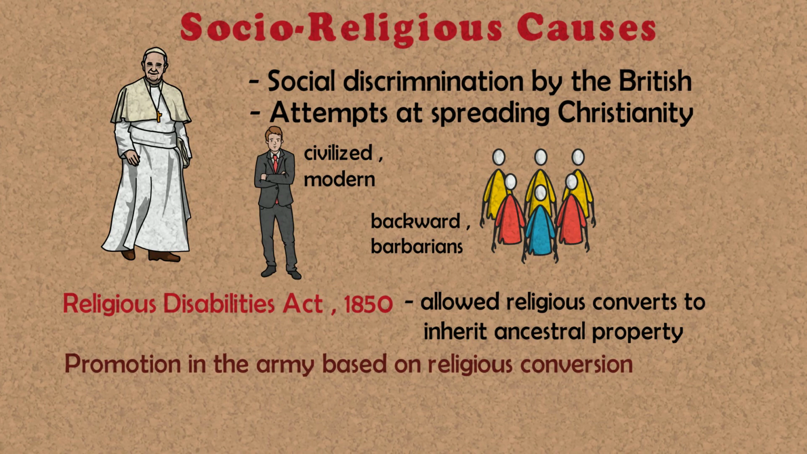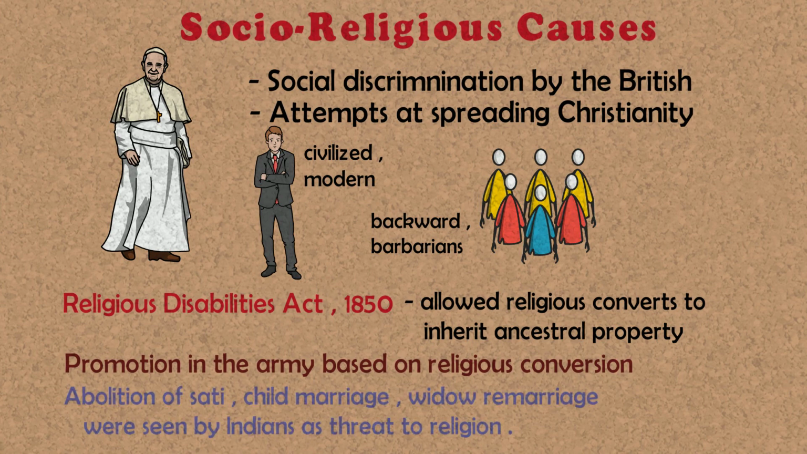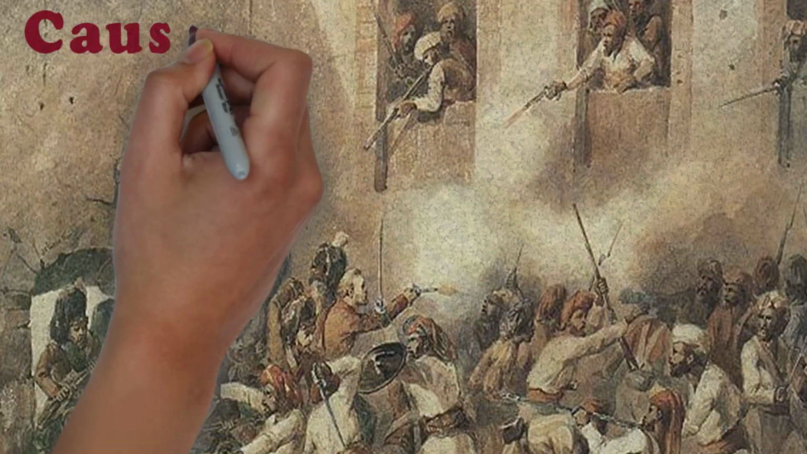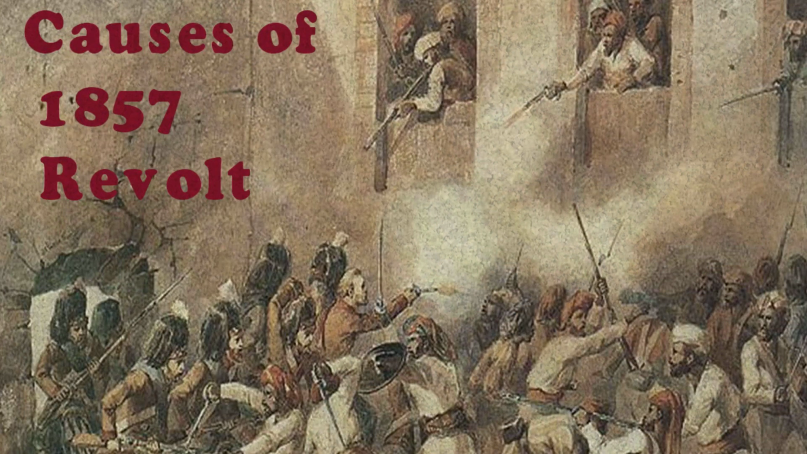Due to all these reasons, any attempt at social and religious reform made by the British was seen by common Indians as a conspiracy to turn the entire country into Christianity. So even attempts to abolish sati, child marriage, widow remarriage were viewed with suspicion by Indians. All of these factors caused discontent, which resulted in a series of outbursts and then eventually into a massive revolt